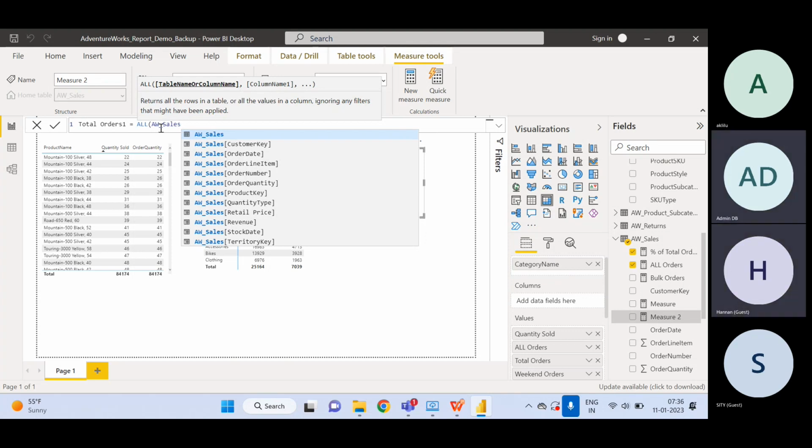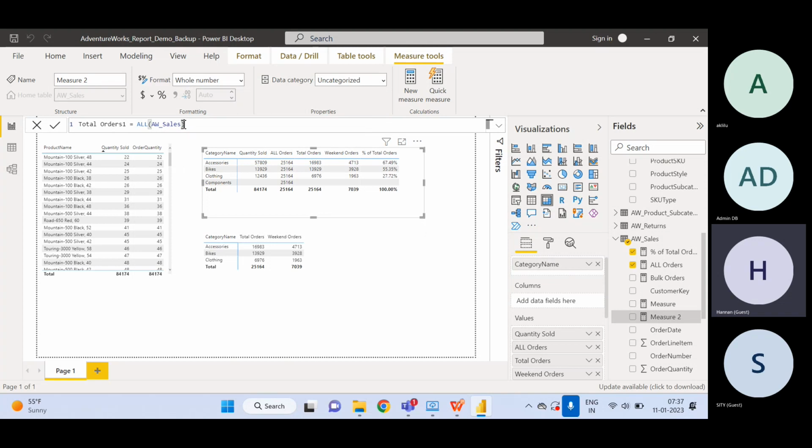So it will return all rows in a table or the values in a column. So why has it given column name 1, column name 2? You could mention multiple columns over here. Even though you don't mention, it will work. So what if we just do the ALL AW Sales and then close the parentheses and run that